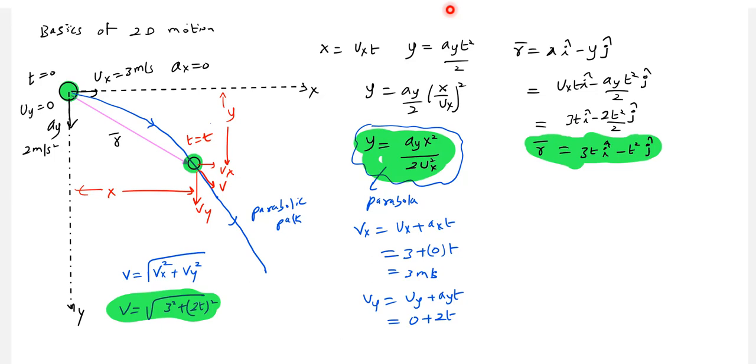And how the path, the projectile will move in a parabolic path. I think that's quite natural. You throw any stone, any ball, how will it move? Because of weight and velocity, it will deviate away from the velocity vector. Like this, we are able to predict the position vector, the path equation, and the speed of the particle at